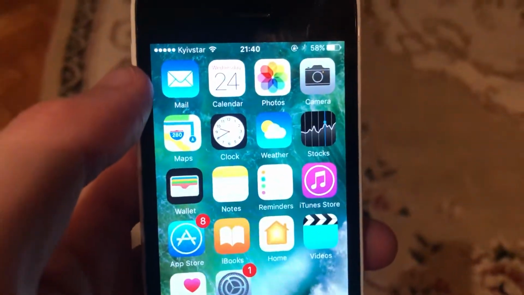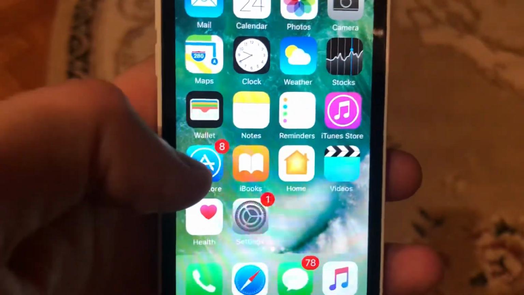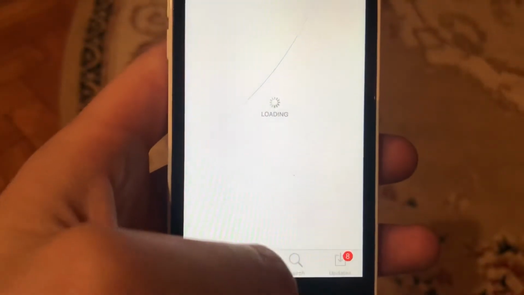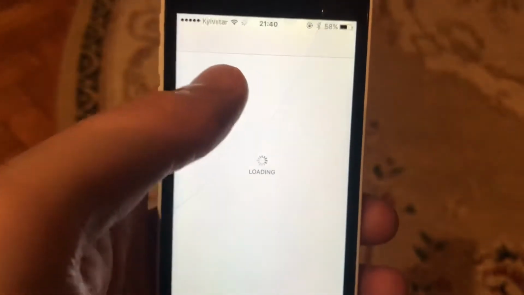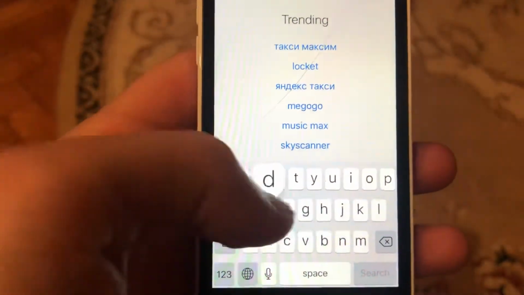And if you still have this error, you can also try to update your app. So just go to the App Store, go to the search tab, in the search tab type Facebook, and if you see the update button, just tap on it and wait until it successfully installs the latest updates